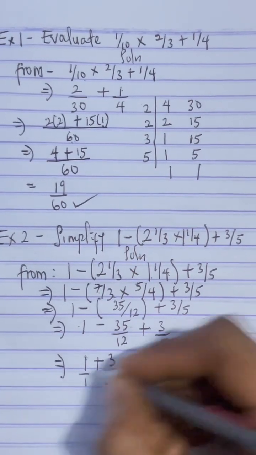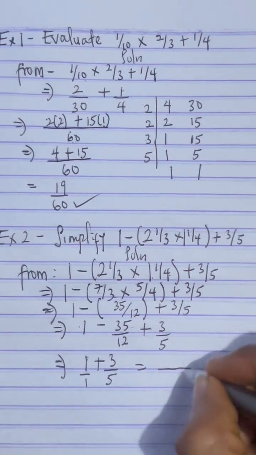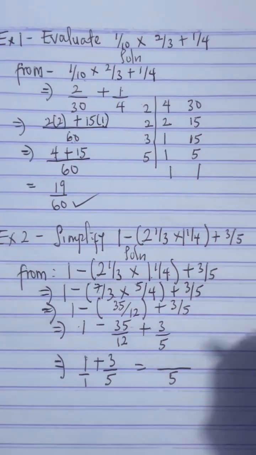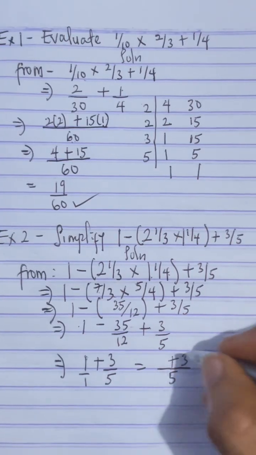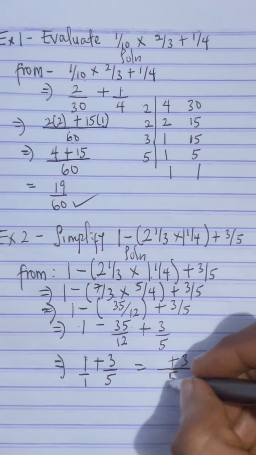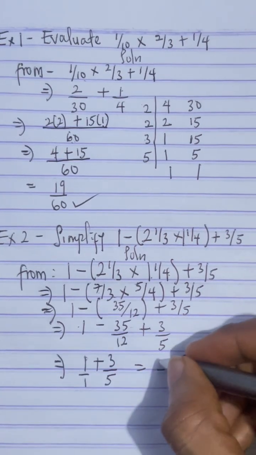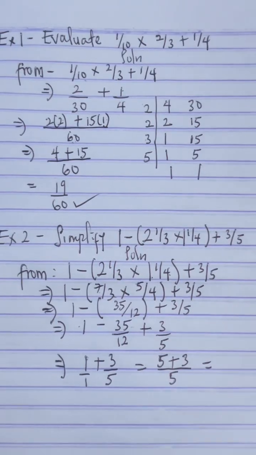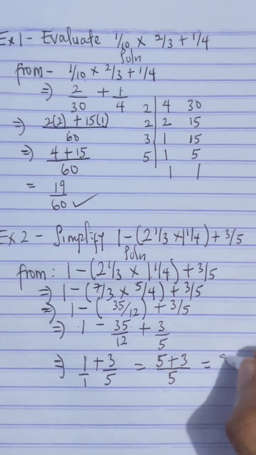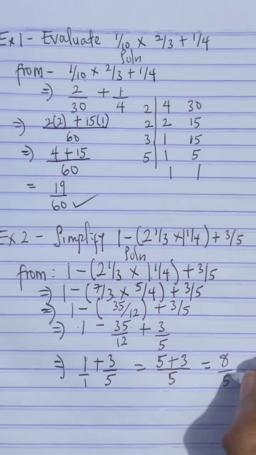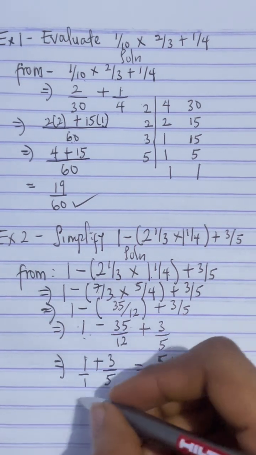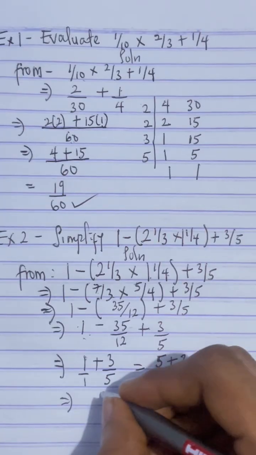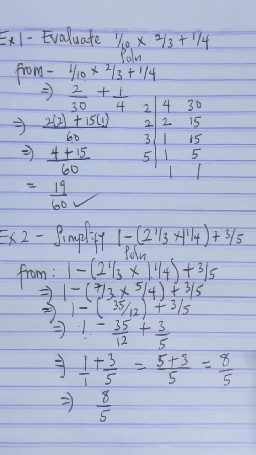This is over 1, right? So the LCM will be 5. So 5 in 5, 1. 1 times 3, 3 plus 5 divided by 1 is 5, 5 times 1, 5. So you have 5 plus 3, that is 8 over 5. So this guy is giving us 8 over 5. Which implies we're not done. No. So 8 over 5